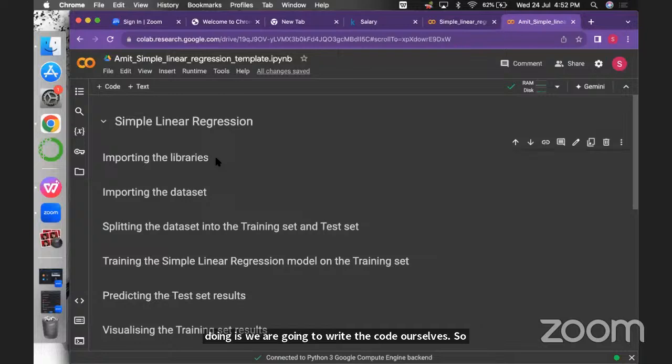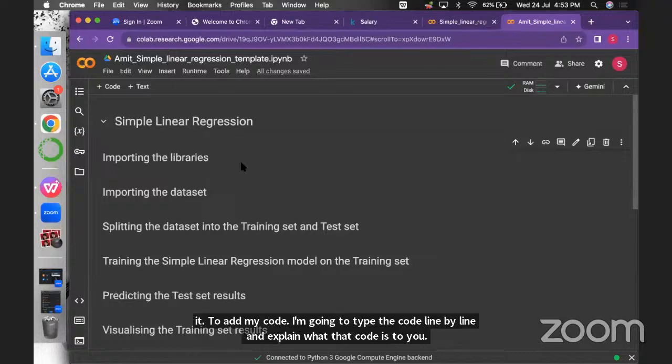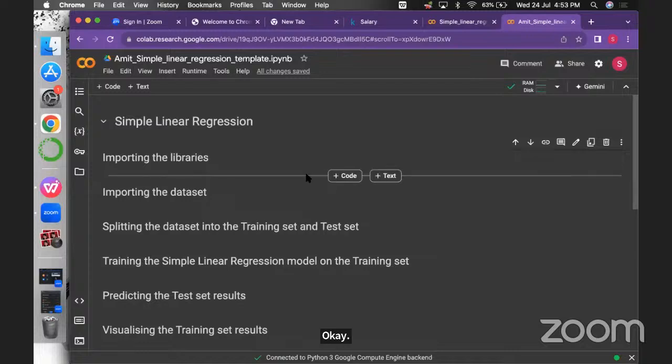ChatGPT will of course write this code, if by using a proper prompt you can do that. But we are going to learn the nitty-gritties and what is there inside the code, and we are going to learn the basics of the Python language also in today's masterclass. That's why I'm not going to use ChatGPT to write my code. I'm going to type the code line by line and explain what that code is to you. Okay, all right, so what we need to do is we need to go to this line that separates these